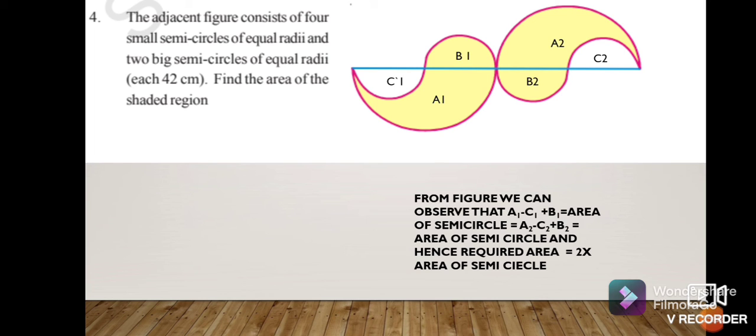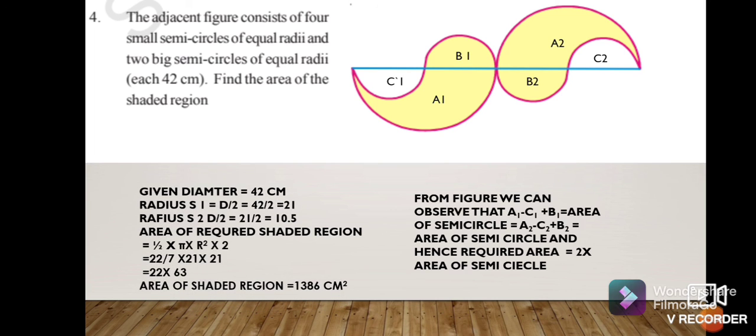Okay, now see this. Given diameter is equal to 42 centimeters, radius is equal to D by 2, that is 42 by 2 is equal to 21. Radius of the small one is 21 by 2, 10.5. That is no need actually. If you need that C1 and C2, B1 and B2, you just calculate, add them and subtract them from A1, and after getting that whole result, we will get the same result. Okay, so no need to worry about that one. Simply you have to find out